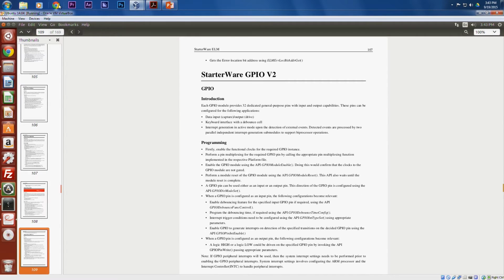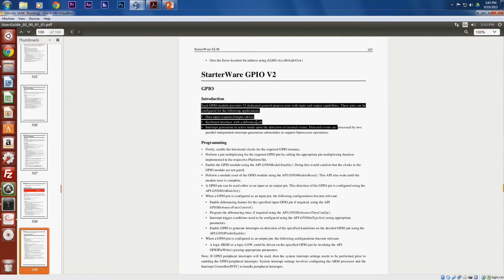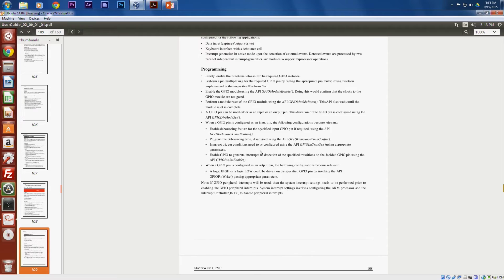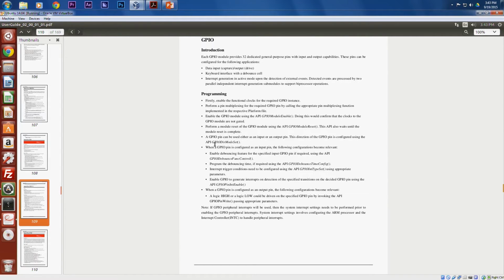109. And that should put me at 107. It tells you everything you need to know, the introduction to the modules that you're interested in. So here's what you're probably going to be using the most, the programming section. Whenever you are trying to get a certain API to work for you, you can come in here and read